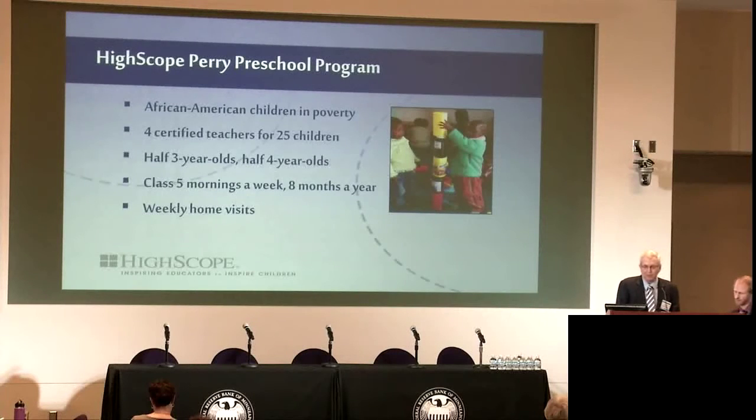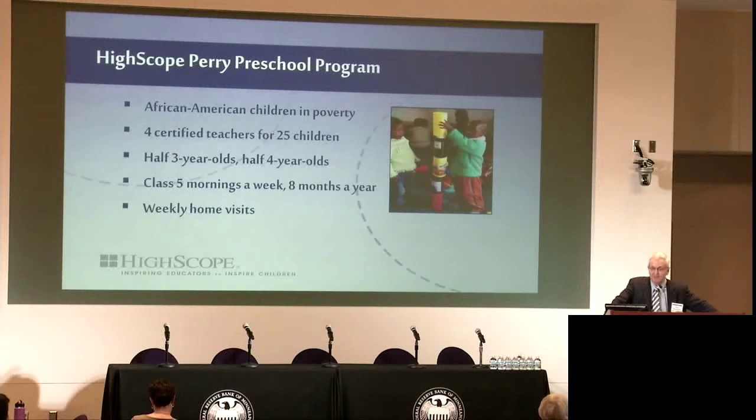Okay, this is the program. The program was serving African American children living in poverty. There are questions of generalization in both those terms, whether it applies across races. I think you can make a pretty good argument that it does. Whether it serves specifically children in poverty, the question there becomes, well, exactly what constitutes poverty? In Michigan, our definition of poverty extends up to about the median income. Well, that's not bad. But in any case, these children were living in poverty.